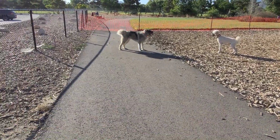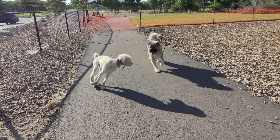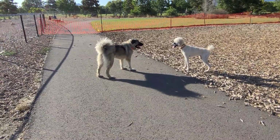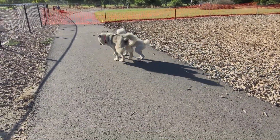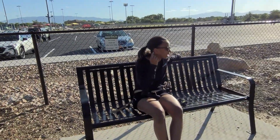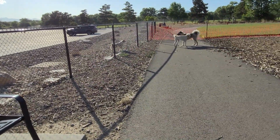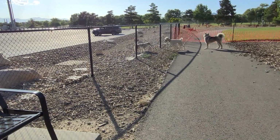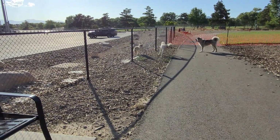Does your dog not get along with other dogs? No, he's very sociable. Very, very sociable. He would jump out of a car to go play with another dog if he needed to, like a moving